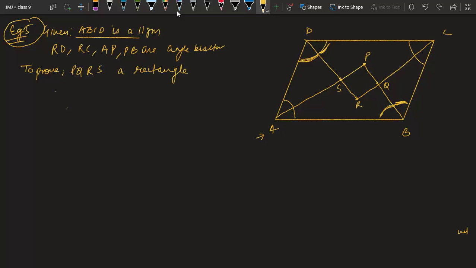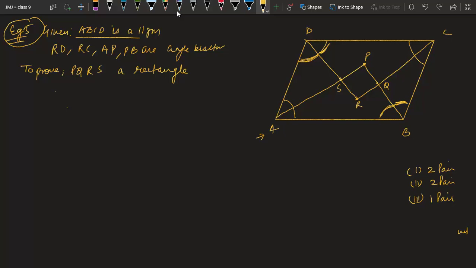Now to prove any quadrilateral a rectangle, the first thing is to prove it a parallelogram. Now the question comes, how to prove it a parallelogram? We have seen there are many criteria. The first criterion is the basic one, in which we need to prove two pairs of opposite sides parallel. The second case is if you prove two pairs of opposite sides equal, then also you can say it is a parallelogram. The third type is if you prove one pair of opposite sides as equal as well as parallel.